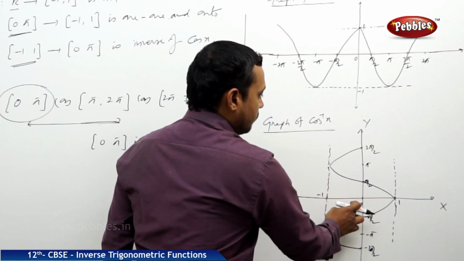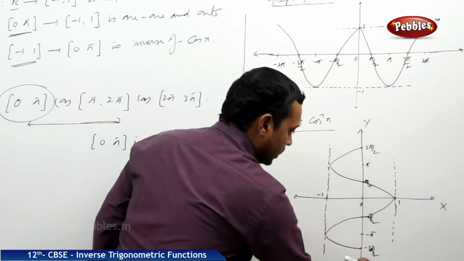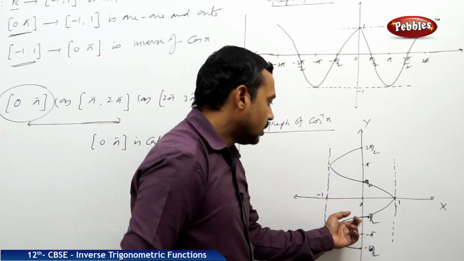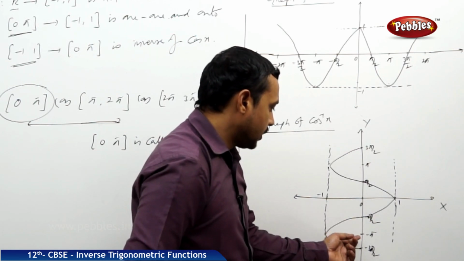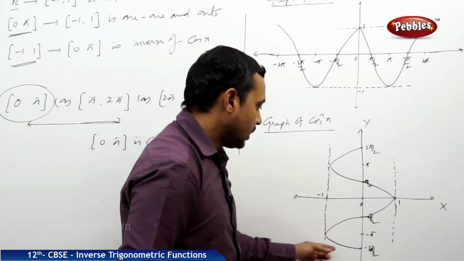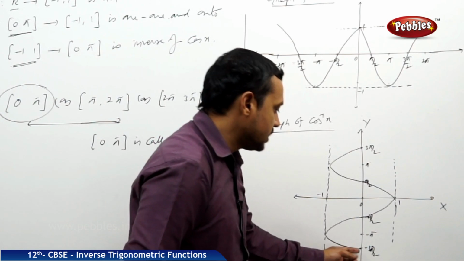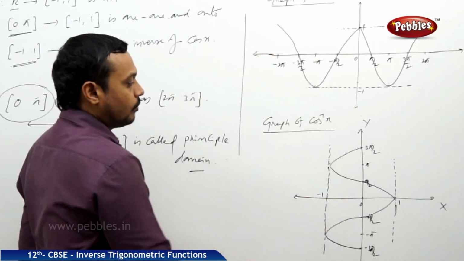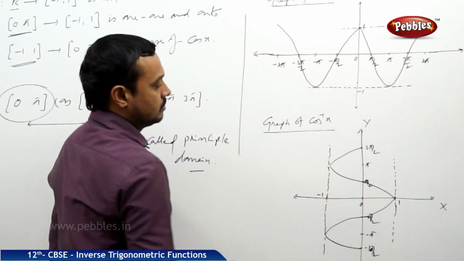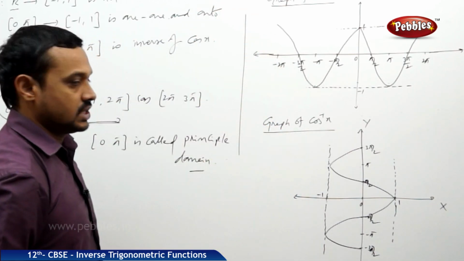And similarly cos inverse of 3 pi by 2 is equal to 0. Cos inverse of 0 is equal to 3 pi by 2. In the same way, cos inverse of 0 is equal to minus pi by 2. Cos inverse of minus 1 is equal to minus pi by 2, like that. Cos inverse of 0 again equal to minus 3 pi by 2. And cos inverse of 1 is equal to minus 2 pi, etc. Now while drawing the graph, again the graph is defined like this. So now this is the graph of cos inverse x and it is the graph of cos x.